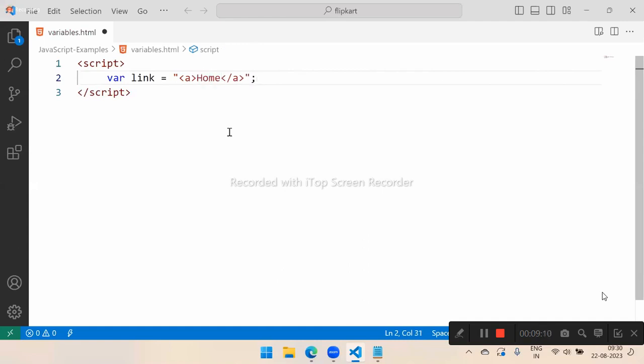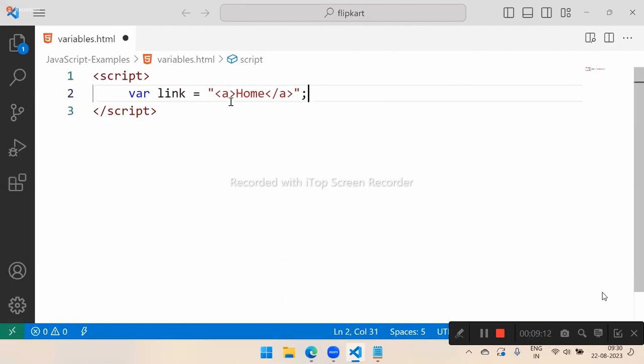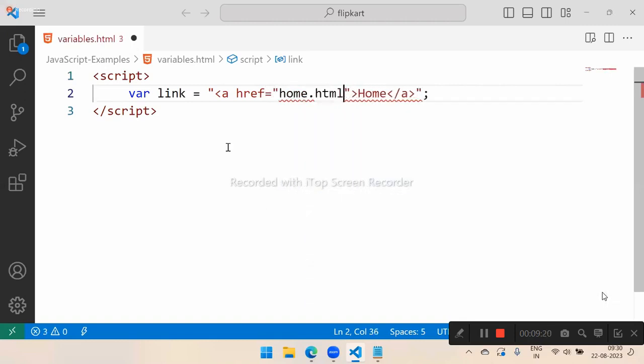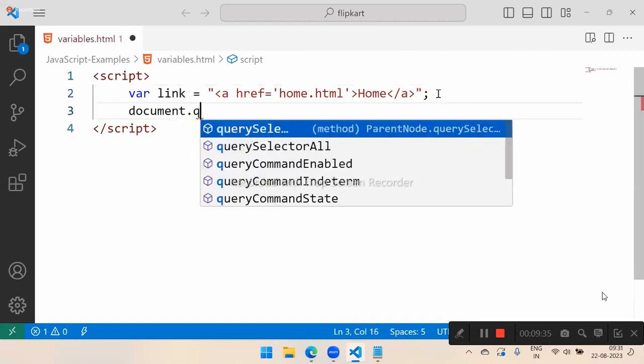And this link is having an href. Href again cannot be a double quote. You cannot have double quote again. That's invalid. If outer string is in double quote, then inner string must be in single. You have to keep in single quote. That is valid. So if I print like document.write